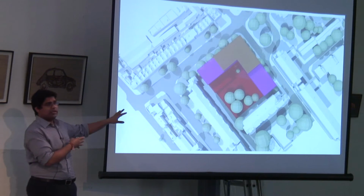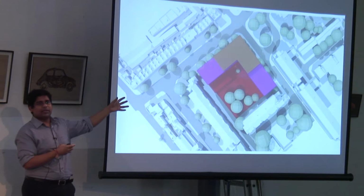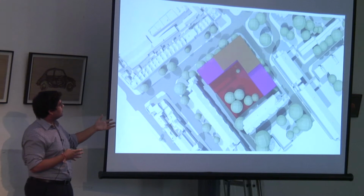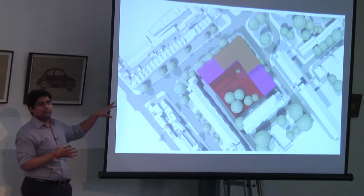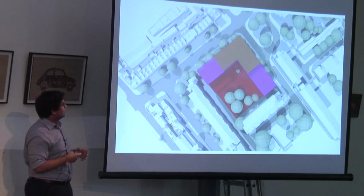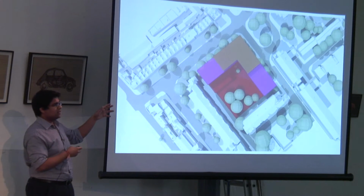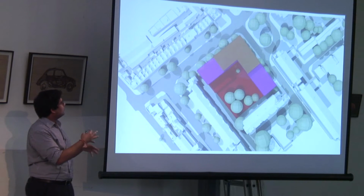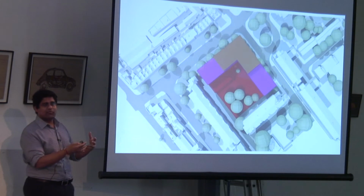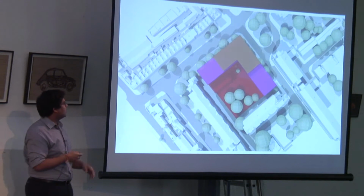So rather than buying OS maps, we're able to now get three-dimensional maps or models of the area. Fairly cost-effective, but accurate to 40 centimeters, which for an early pre-application stage is very useful, and also allows us to understand the site not just in a 2D plane, but in 3D. Which obviously benefits in terms of understanding things like rights of light, daylight, shadowing,